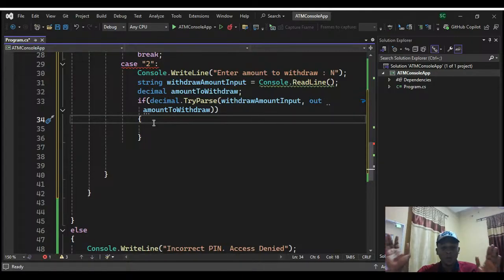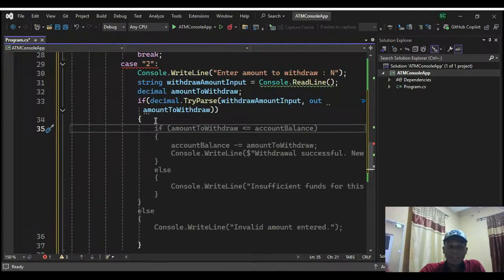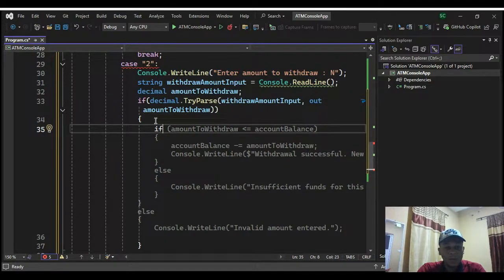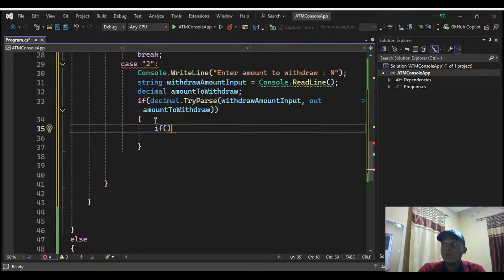So what we're going to do now is to declare another if statement inside this if condition we have done. On line 33, we have an if statement, so we're going to put another if statement inside it. Let's do another if statement inside line 33. So let's go, if an amount